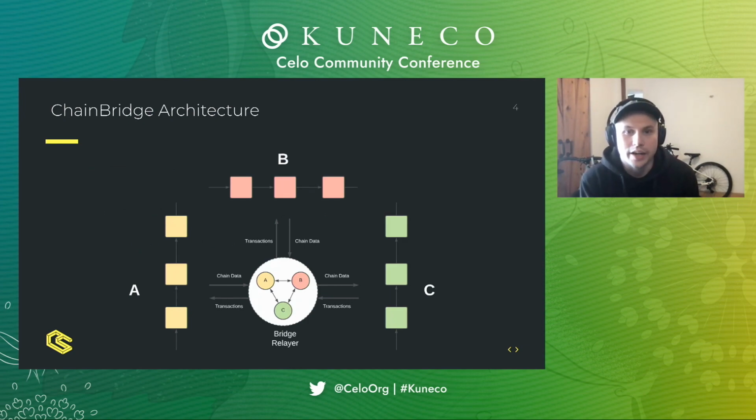Here we have a high-level diagram of the Chainbridge architecture. As you can see, there are 3 chains, A, B, and C, and an instance of a bridge relayer in the middle. The relayer consists of modules which are responsible for reading from and submitting transactions to the respective chains. And then these modules pass messages between each other to communicate transfers. In a typical bridge construction, you would have multiple of these relayer instances, all participating in each of the bridge transfers.